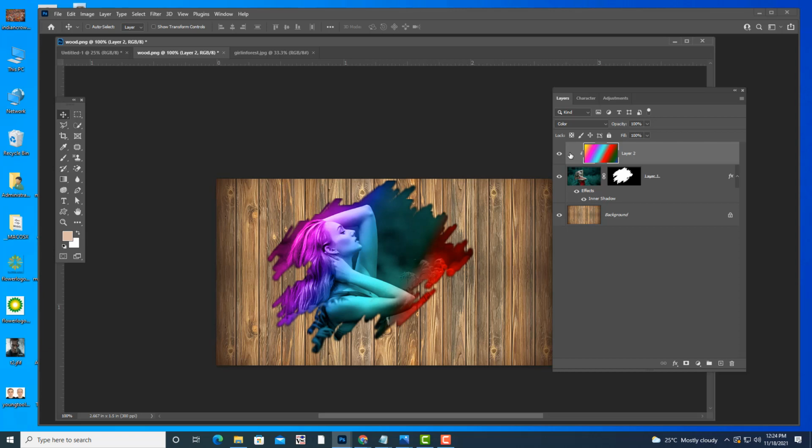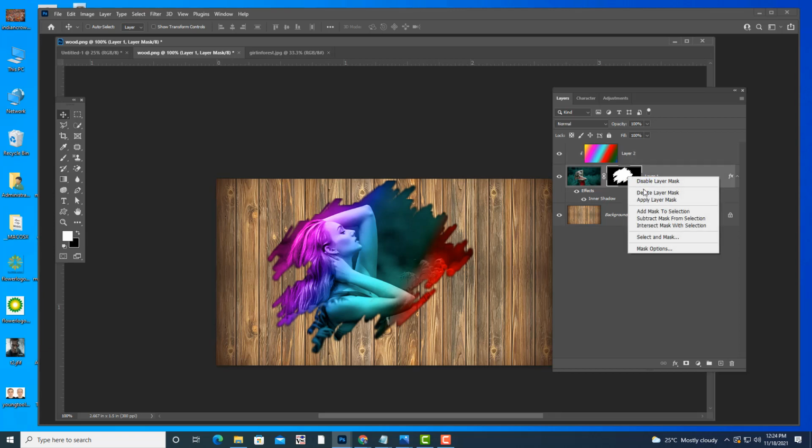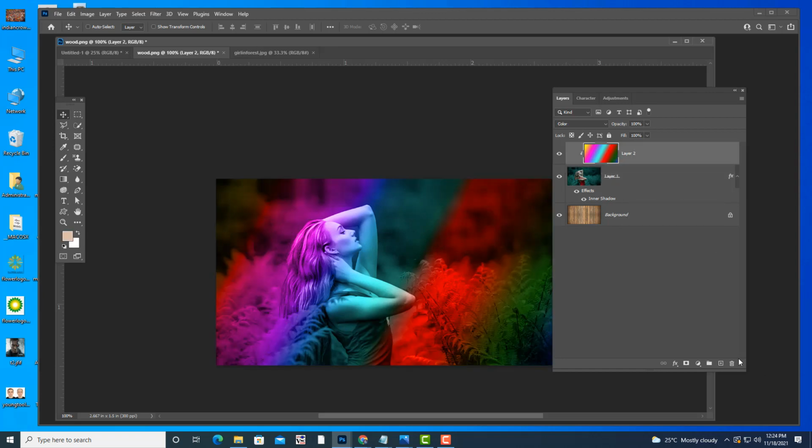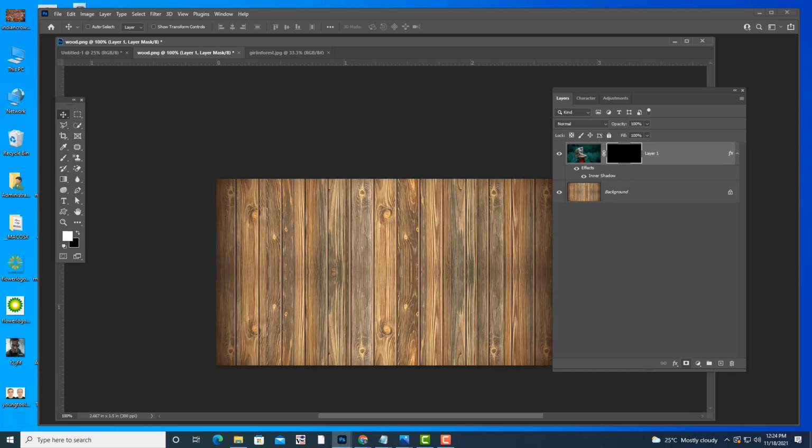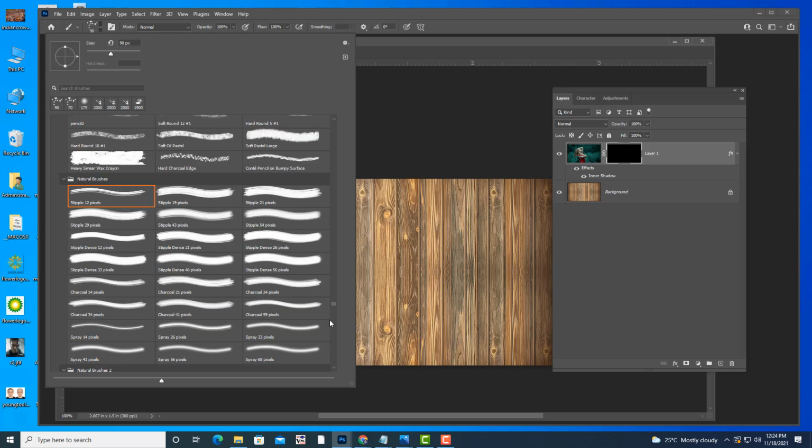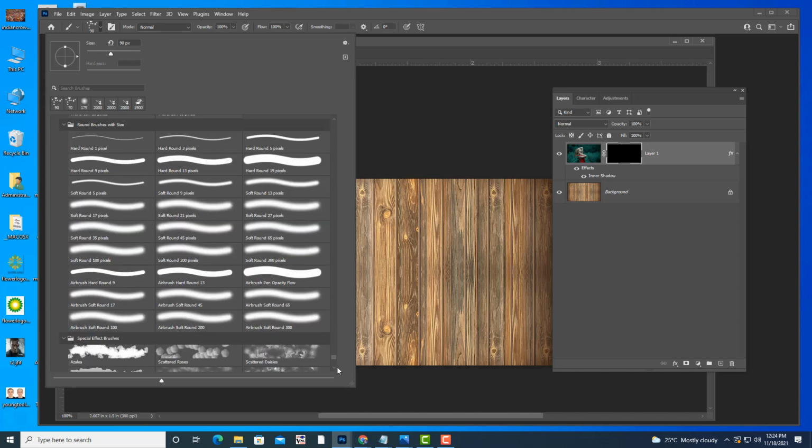Okay, so something you can do like this. Let us try with a different brush. This is a natural brush. Let me try with a different brush now. Let me delete this. Let me also delete this. This time again I am going to apply Alt and click, brush, and just come down.